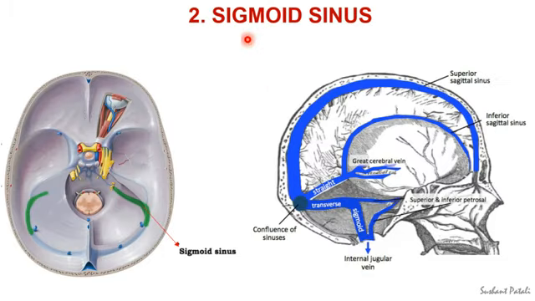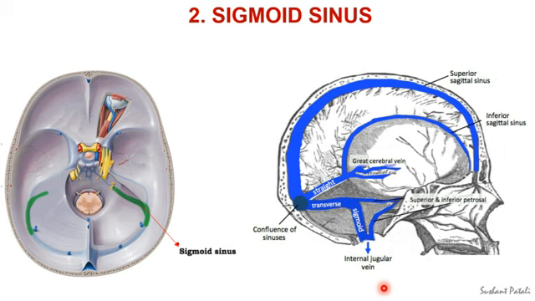The second paired dural venous sinus is the sigmoid sinus. Each sigmoid sinus begins, like I already mentioned, as a continuation of the transverse sinus, and it leaves the tentorium cerebelli at the mastoid angle of the parietal bone. The sigmoid sinus lodges in an S-shaped groove on the mastoid part of the temporal bone and jugular process of the occipital bone, and it leaves the skull through the posterior compartment of the jugular foramen, where it turns downwards and is continuous with the superior bulb of the internal jugular vein.